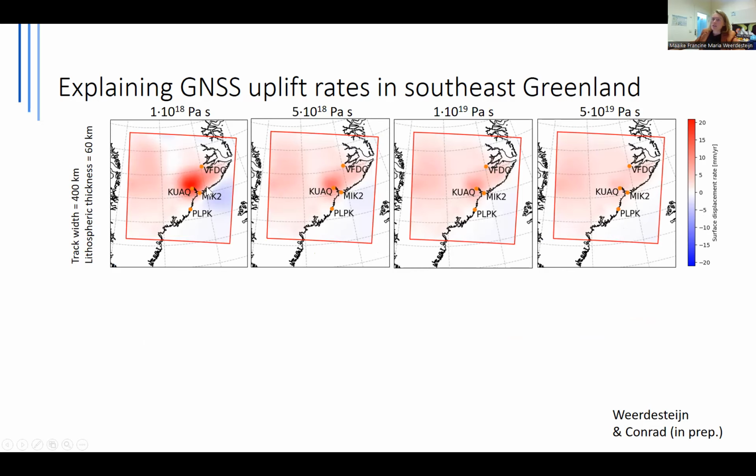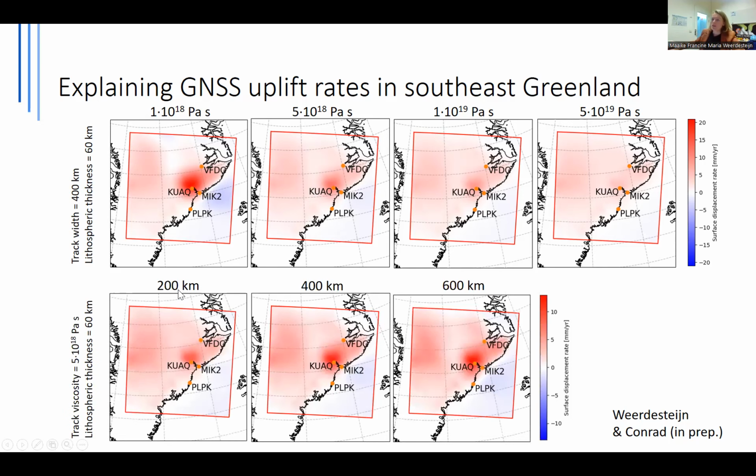You can clearly see here that for a lower viscosity, there is a wider region of uplift, which is strongly associated with the ice change, and also for a higher plume track viscosity, you see that the uplift is much less. And then I also show that for different track widths, it makes sense that when you have a larger track width, then that uplift signature will also spread over a larger region and will show a stronger